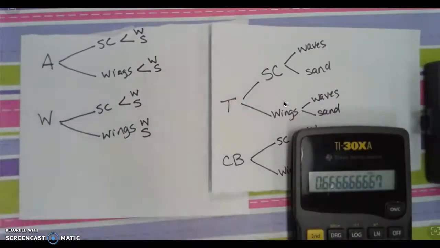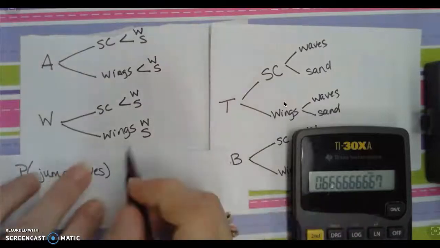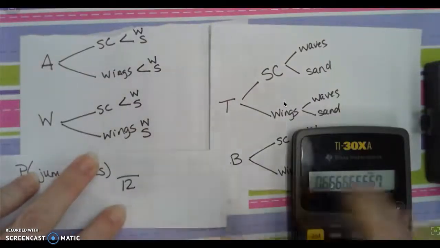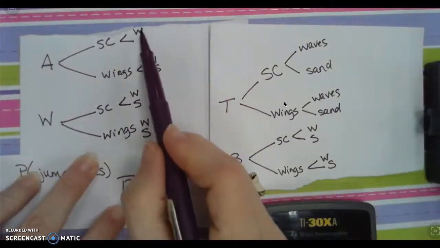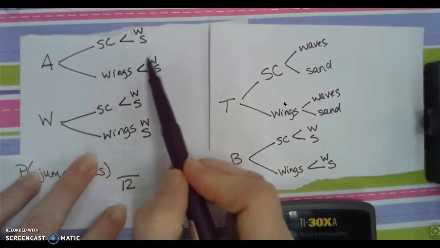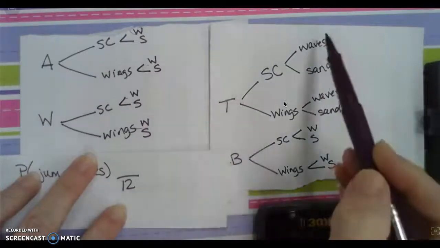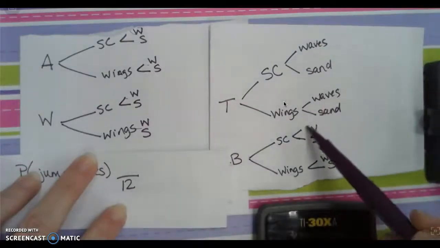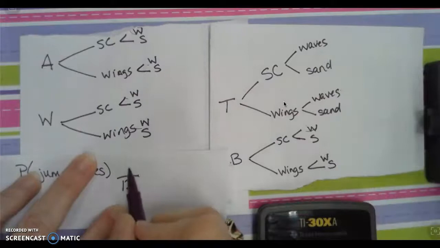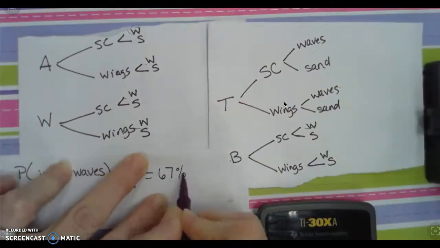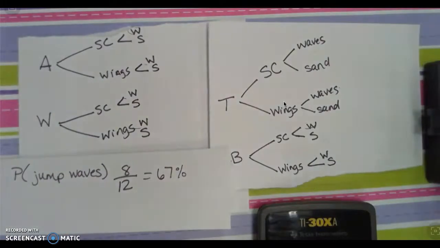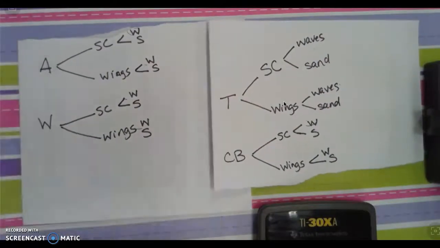Okay, now it says the probability of jumping waves. What would that be? So we know 12 goes on the bottom because there's 12 outcomes. So we have to find every time it says waves. So there's 1, 2, 3, 4, 5, 6, 7, 8. So that's going to be 8 out of 12 again, which we just said was 67%. Remember, we divide and move the decimal 2 times. All right, the next question